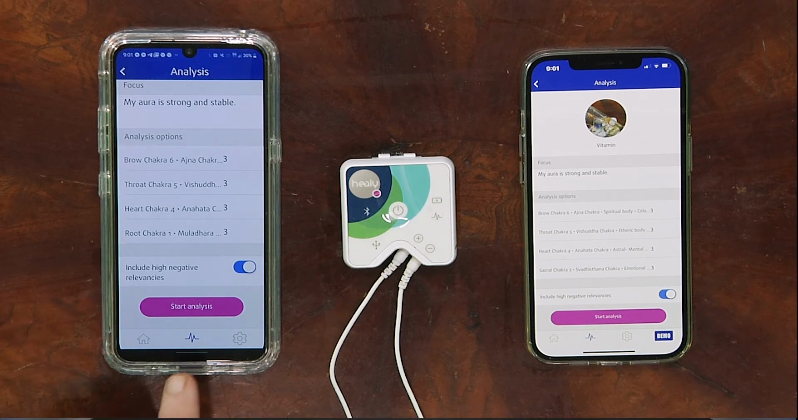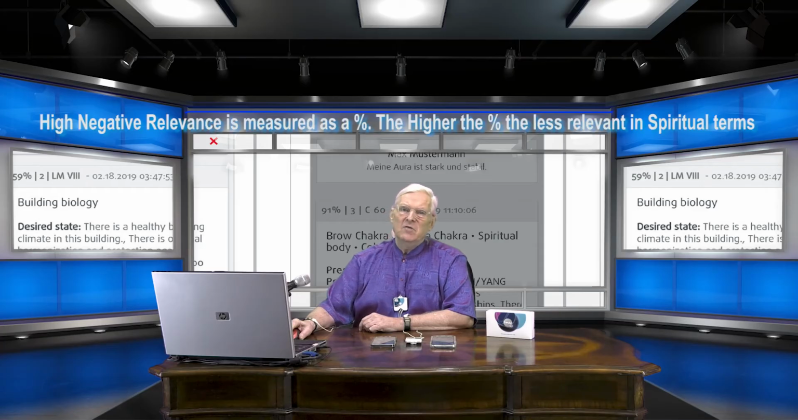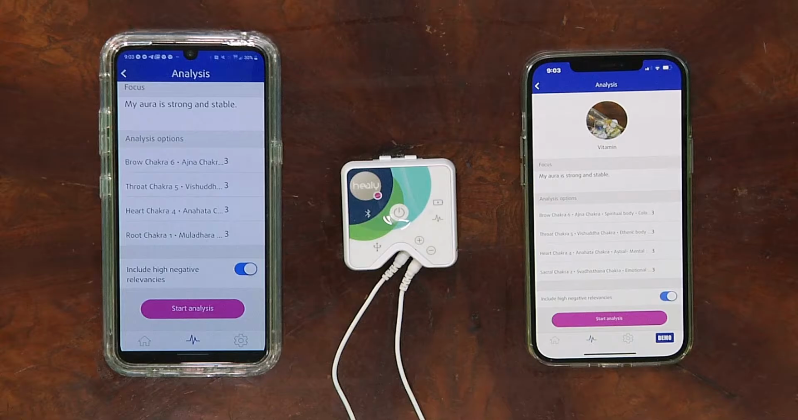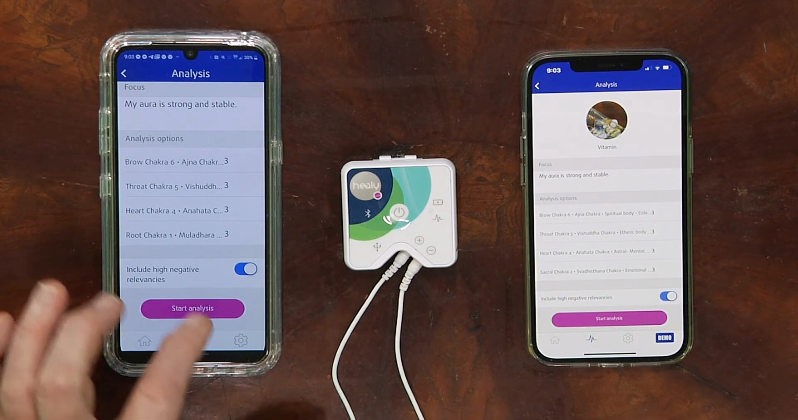We are running here on the Android and this one on the iPhone. High negative relevancy is measured as a percentage, where the higher the percentage number, the less relevant it is to the spiritual aspects of the body's negative relevance. High negative relevancy is from the spiritual body realms, whereas chakra analysis is the physical body. Let's click on Start Analysis,